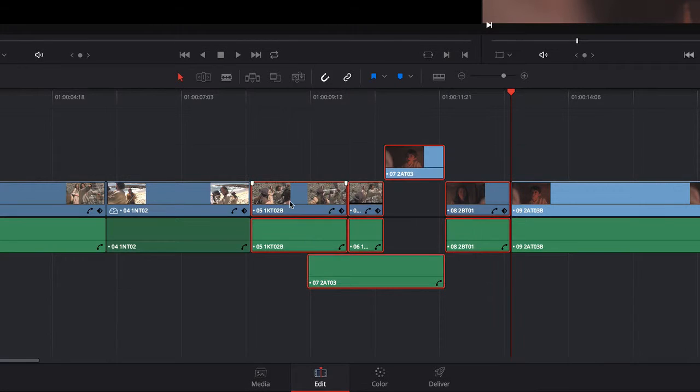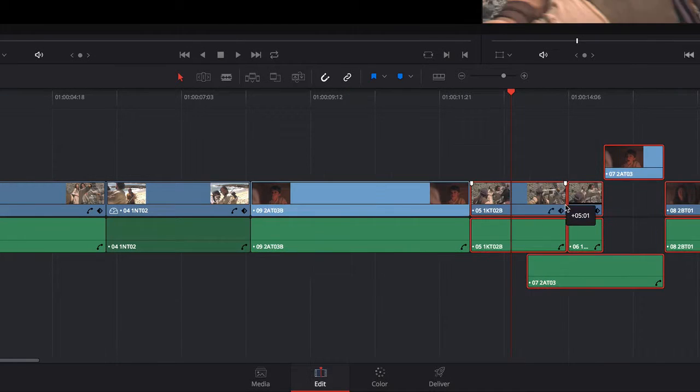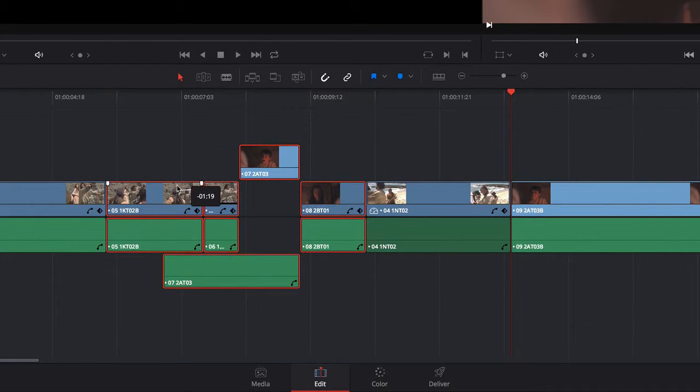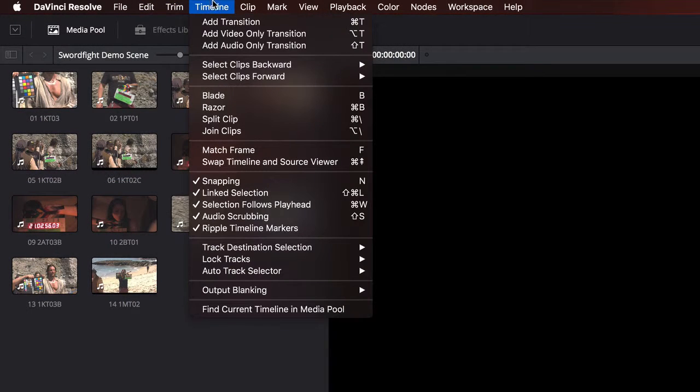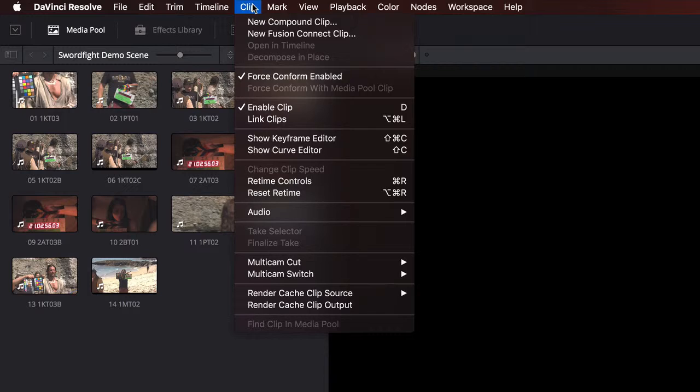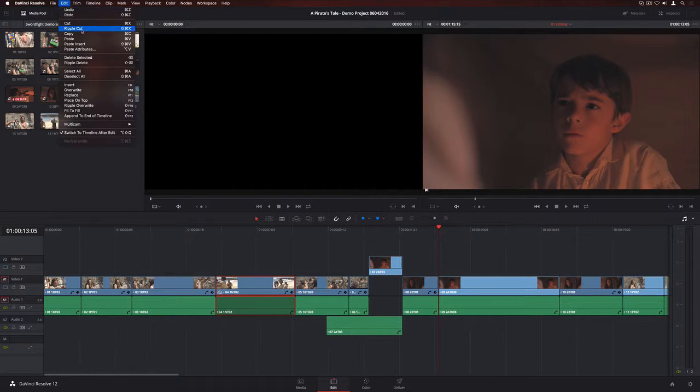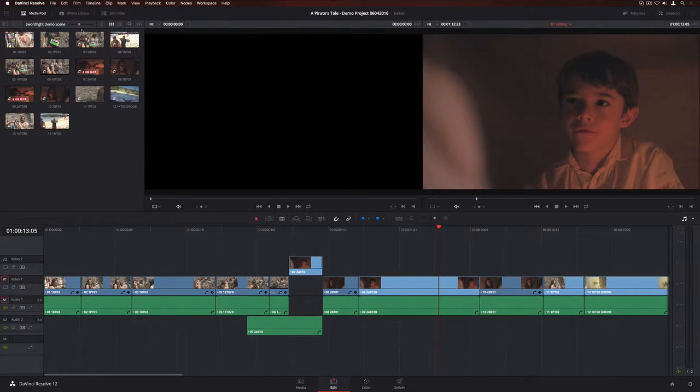In addition, it's now possible to swap clips on the timeline. All of Resolve's editing and trimming tools have been reorganized under the Edit, Trim, Timeline, and Clip menus. Here you'll find dozens of new tools, like Ripple Cut, which simultaneously lifts a clip and closes the gap with